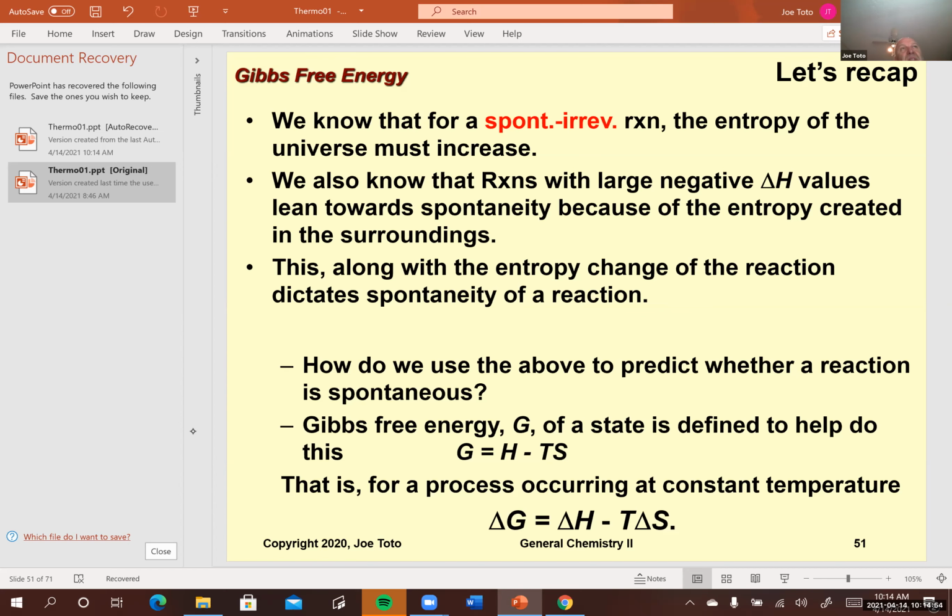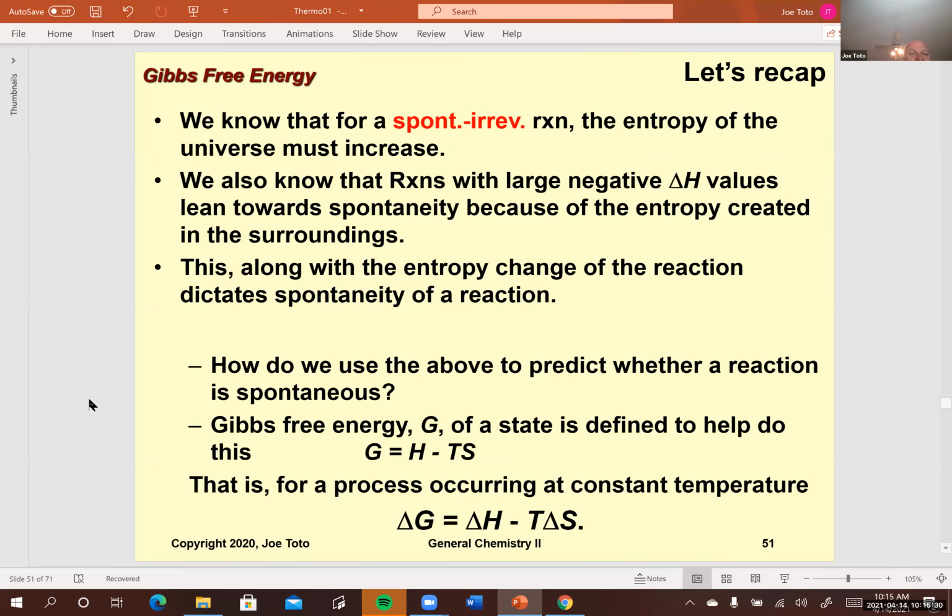So it seems to me that the sign of delta G is kind of like the Q concept in equilibrium. Q can tell you which way the reaction's going to go when you compare it to the equilibrium constant K. And the sign of delta G will tell you which way the reaction is going to go as well. So it's kind of like that relationship. Any questions on that? I know it sounds like, oh, these things are unrelated, but they're not. They're all related.